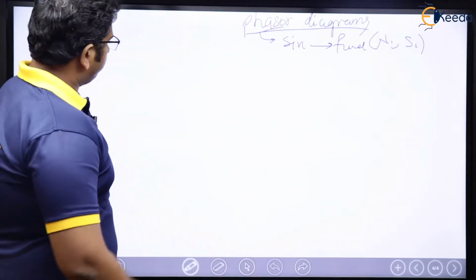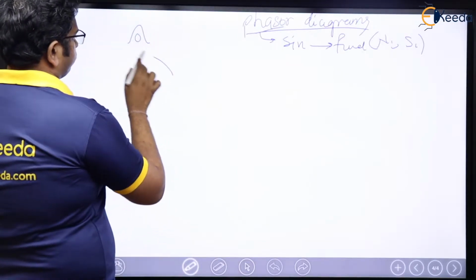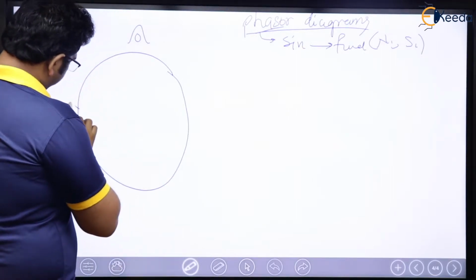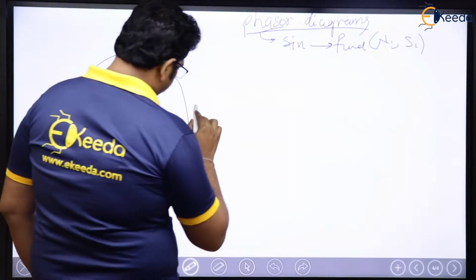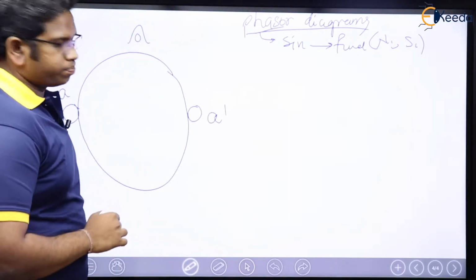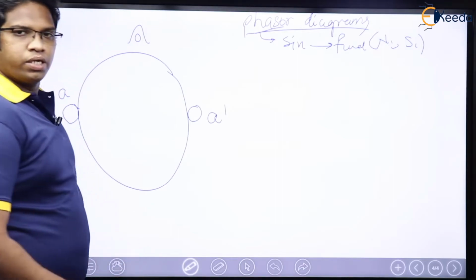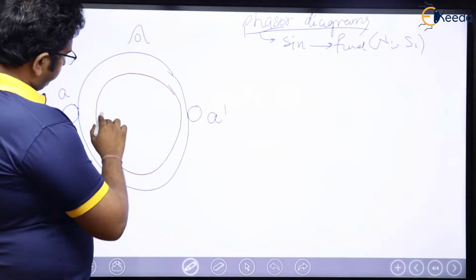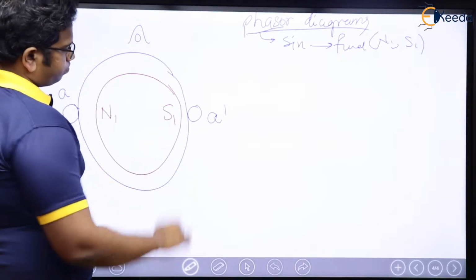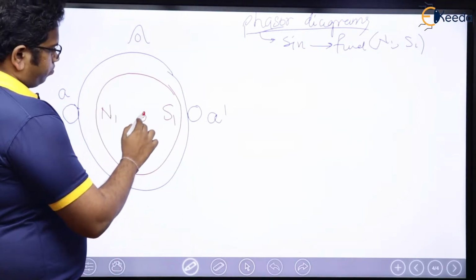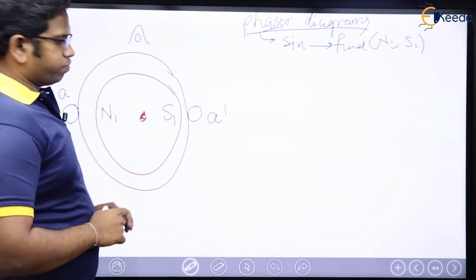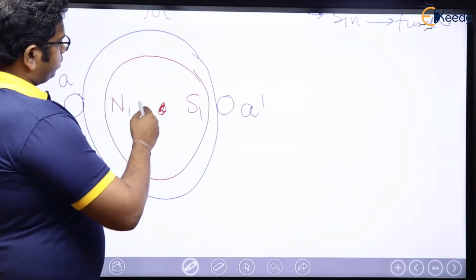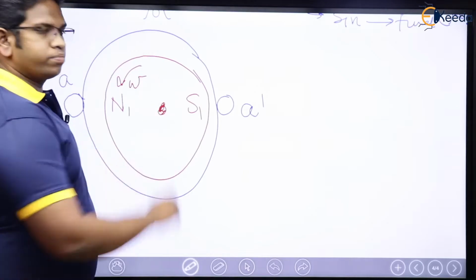Very simple, right? So now see here, let me have stator here. Right? Let me have two conductors. This is conductor A and this is conductor A dash on the stator. Now see here, let me consider rotor here, right? This is going to be N1, this is going to be S1. If I consider rotor, right? N1 and S1. Now see here, very simple. Let me consider that the rotor is rotating in this direction omega, for example.